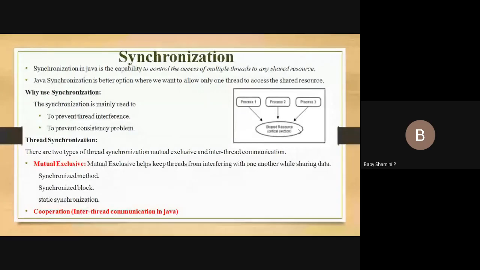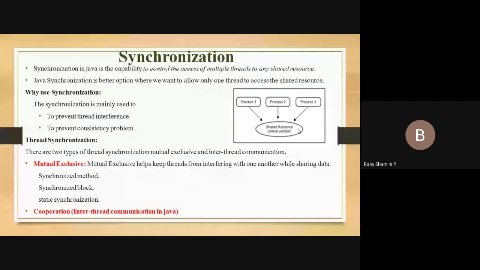In our shared region, we have data 5. Assume that we have the shared value 5. Process 1 is going to read the value 5. At the same time, process 2 is going to change the value to 10. So obviously this leads to a data inconsistency problem. Some unexpected value I am going to read in that situation. To avoid this problem, we are using the concept of synchronization.